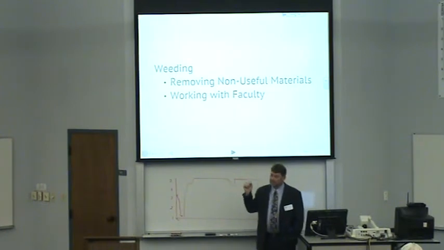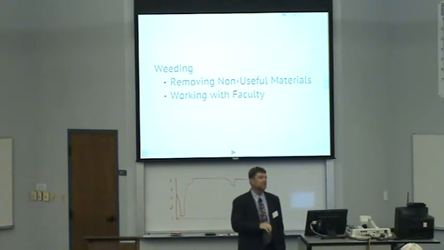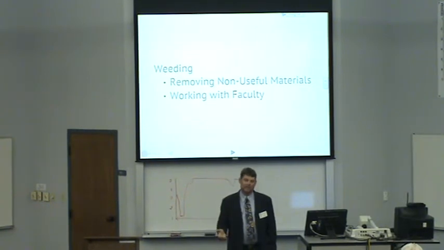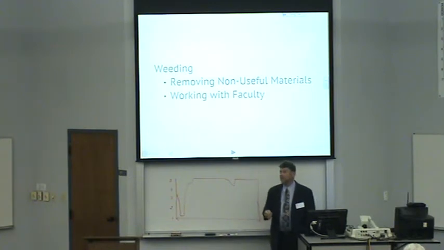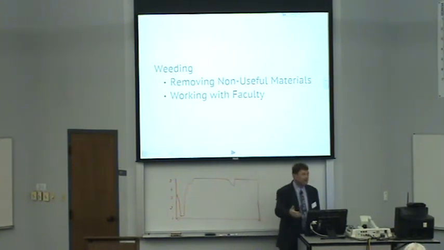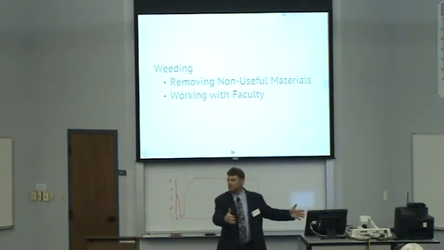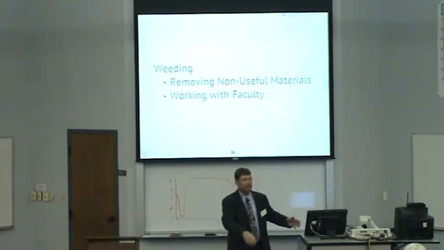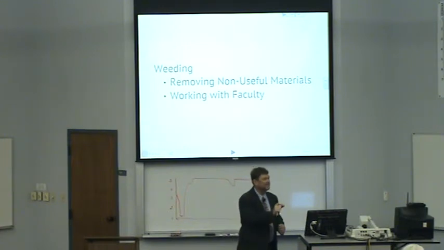So as you saw, we have 196,000 books in our collection. Based on the content that we have, our collection probably should be about 120,000 books. So that's how old and dated our collection is, and not useful. This year, we're going to be going through a process of removing that non-useful stuff, which means our liaisons are going to be coming back to you and saying, hey, this is the stuff we've identified that we think is not useful. Do you agree with us? If you do, we're taking it out. You will have the opportunity to say, no, this is a similar work, I think it still needs to be done. We'll put that back in.